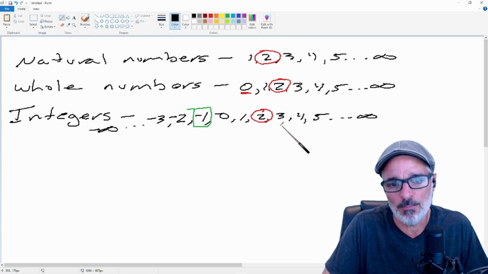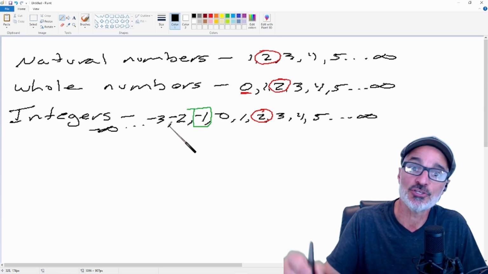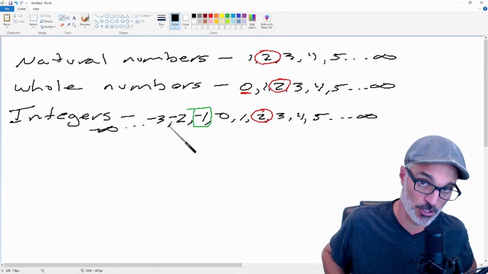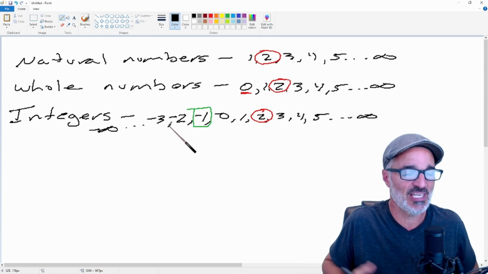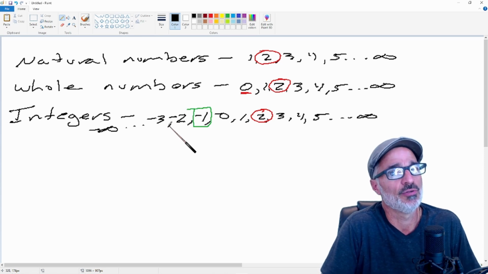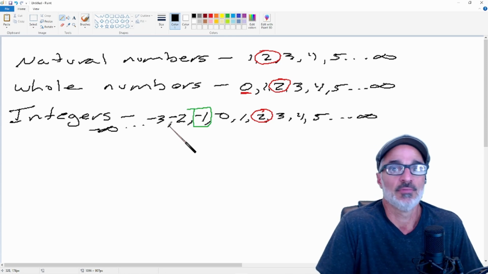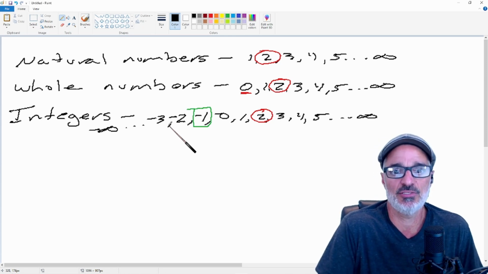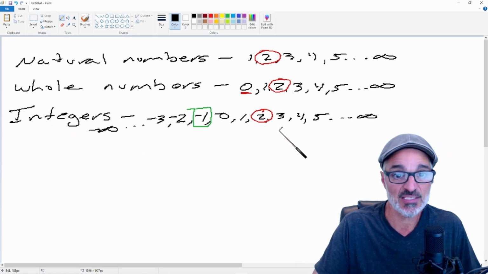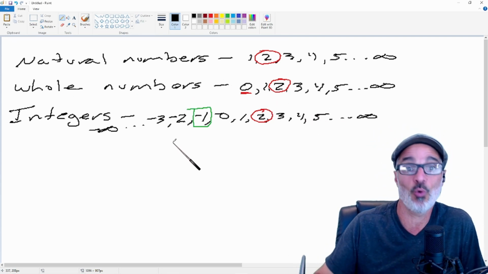In between all these numbers, in between 1 and 2 and 2 and 3 and 3 and 4, and in between -2 and -1, there's more numbers. We learned that in elementary school, right? They're called fractions. And by the way, they're called also decimals because every fraction is also a decimal. So hold on. If we are going to include now decimals and fractions, which is the same, we need a whole other group, a whole other category of numbers, right? To talk about these numbers, because integers don't include fractions and decimals. Whole numbers don't include fractions and decimals, and natural numbers don't include fractions and decimals. So what do we do?